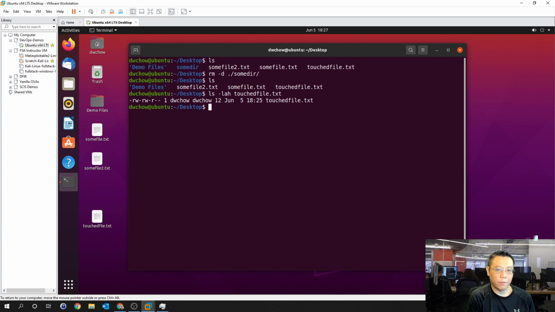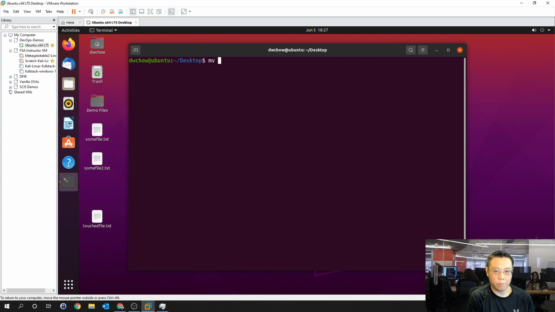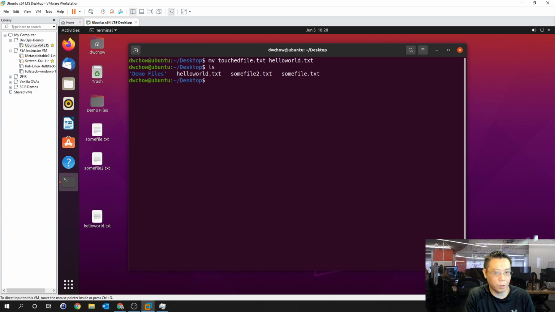Let's rename this touched file. So if I cat it, it says hello world. We can also rename it: mv touched file, and rename it to hello world instead. Now it's been renamed simply, even with the move command. So know that move can move files and directories as long as you have the source and the destination file name accordingly. And one thing to note is if I moved touch hello world to /tmp,